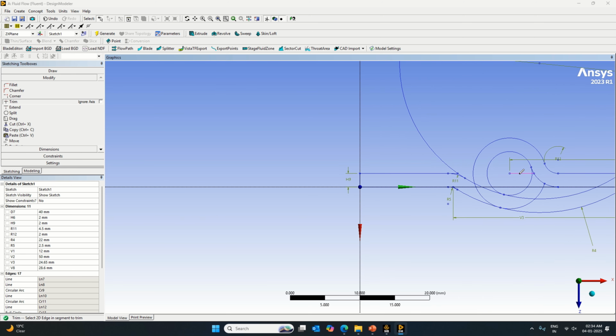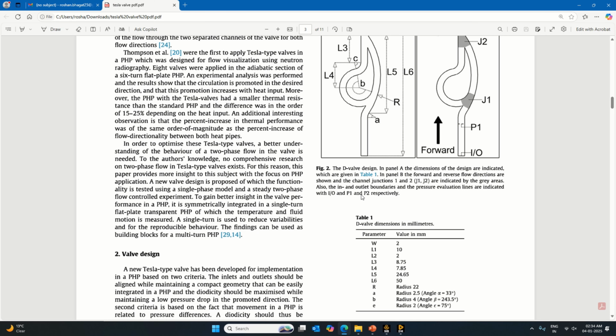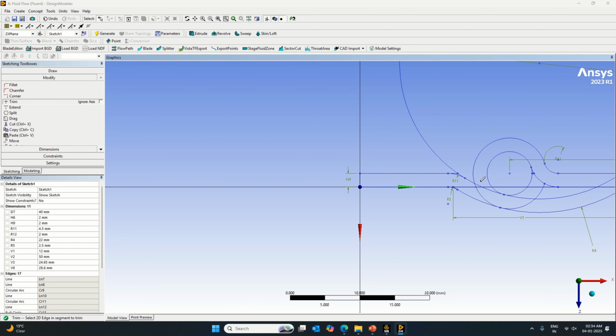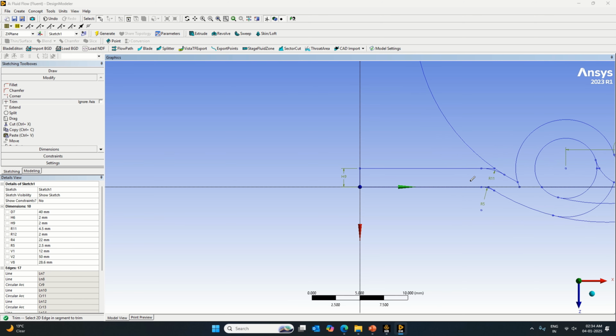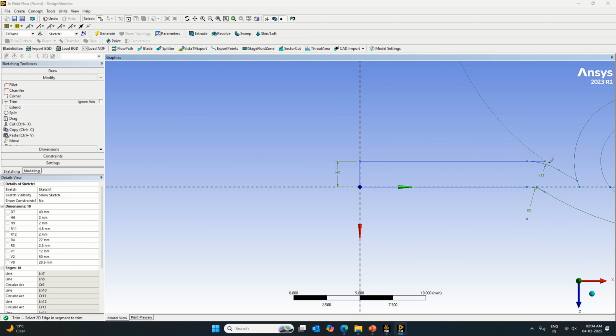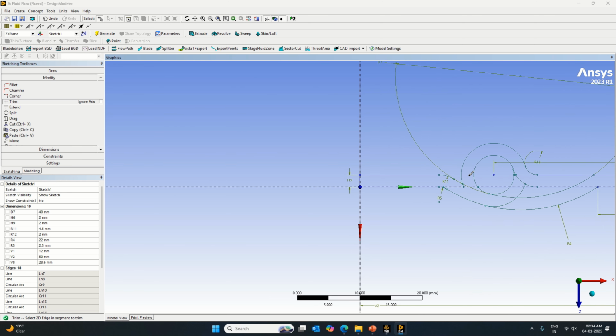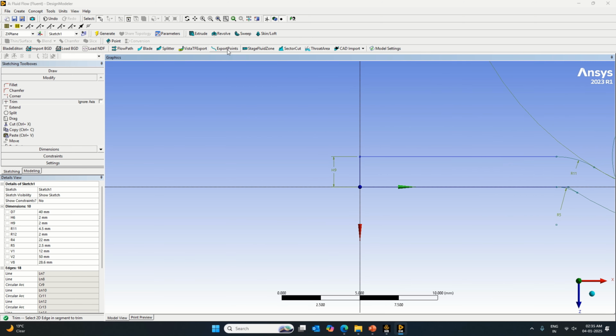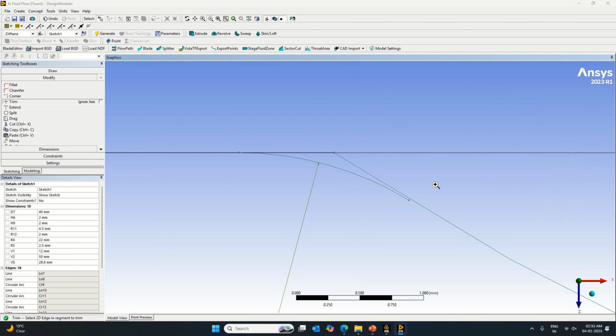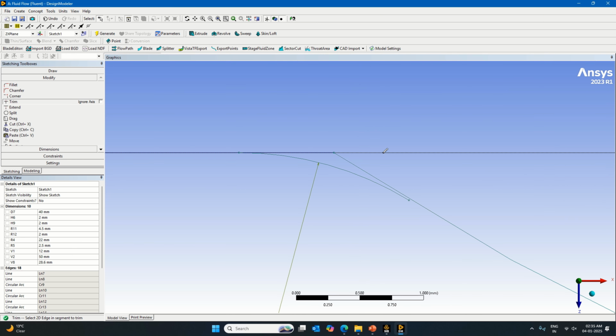So let's remove the unnecessary things which are not required as per the diagram. So this is the complete section which we require. Here this is not required. This is not required. This is also not required. This is not required. Okay, so this one will be eliminated. This will also be eliminated. Carefully you have to do this because there are many parts here. So you should not remove